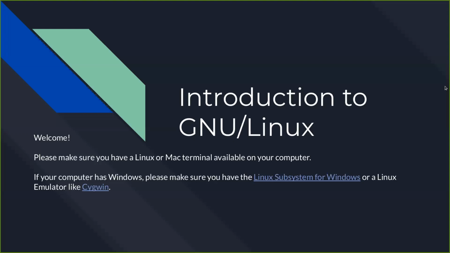Everybody at this point hopefully should have a Linux or Mac terminal available on your computer. If you're running on Windows, you might want to make sure you have the Linux subsystem for Windows available, or a Linux emulator like Cygwin. The Linux subsystem for Windows is fairly easy to use, and Cygwin is fairly easy to